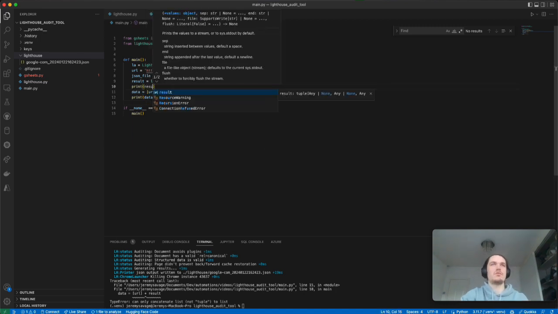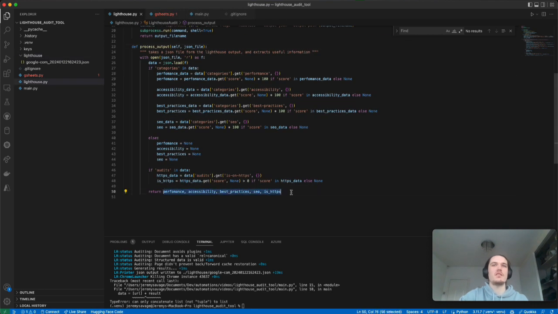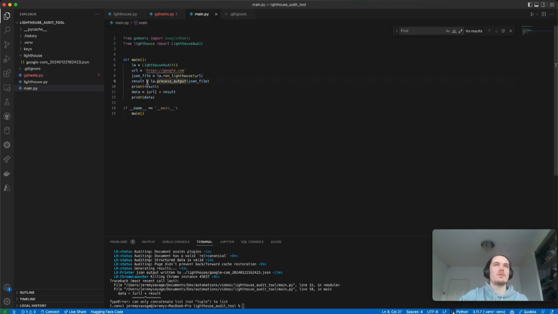Print result. Oh, I think the result of this is actually these, isn't it? Yeah. Okay, so we actually need to do, it's a tuple. They're all commented together, so it makes a tuple. So what we actually want to do is we want to do comma space that, and that will, apologies, this